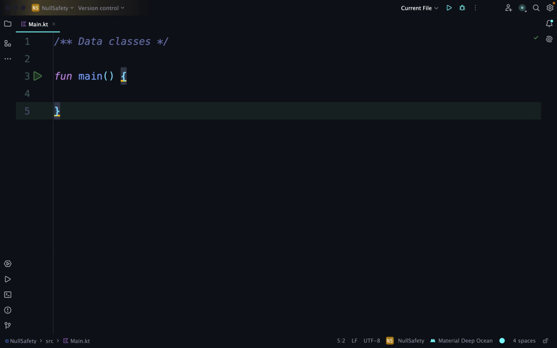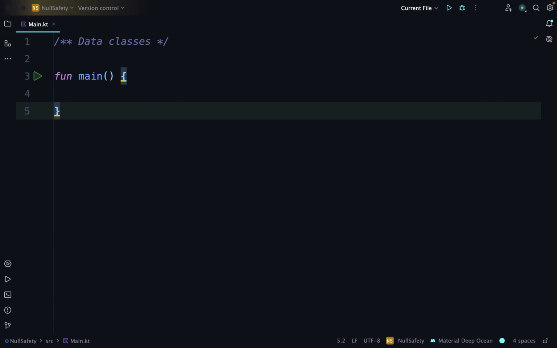Alright, we'll focus on two very handy Kotlin features. That's data classes and object declaration. These features help you write more concise, expressive, efficient code. In the end, you will understand what data classes are and why they are used, the auto-generated functions provided by data classes, and how to use object declaration and companion objects for utility codes and